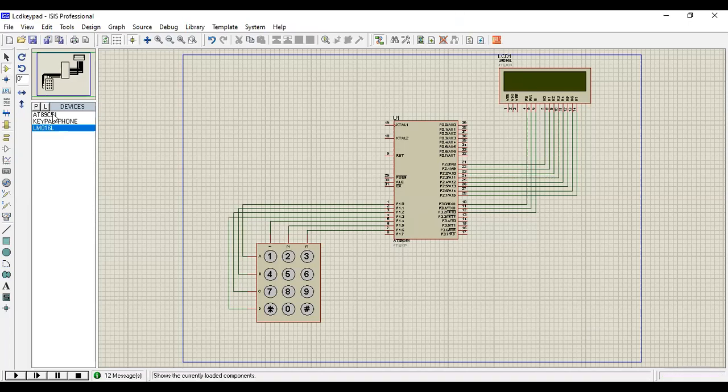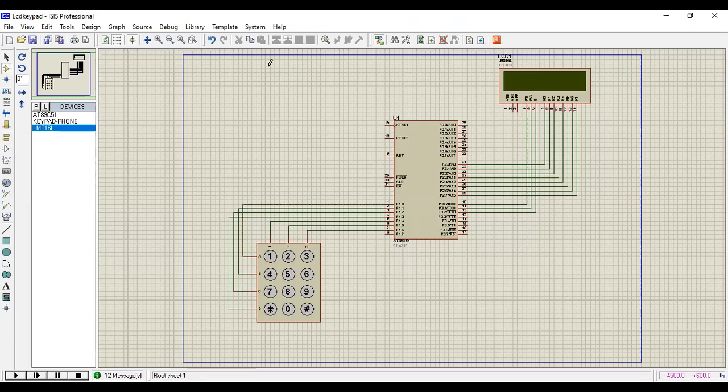In this Proteus software, you have to select the microcontroller AT89C51 and the keypad, and you have to select the LCD. The LCD is mainly a 16 cross 2 LCD, which means it consists of 2 rows and 16 columns.